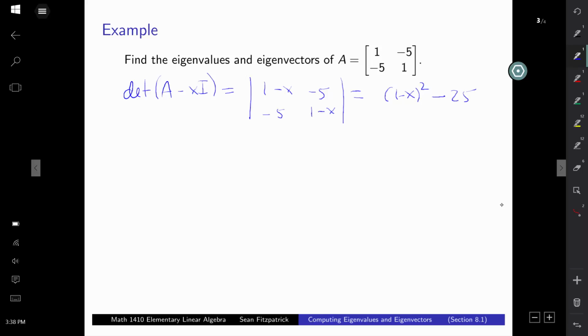Here's probably one place where some people might like it the other way around, just because somehow doing x minus 1 squared is easier than doing 1 minus x squared. But nonetheless, we can work that out. x squared minus 2x plus 1, so we get minus 24. Okay, so that is going to factor as x minus 6 times x plus 4. Okay. And so then we say, all right,